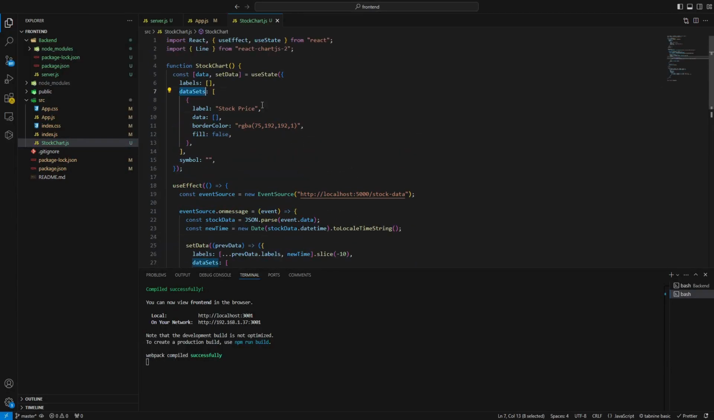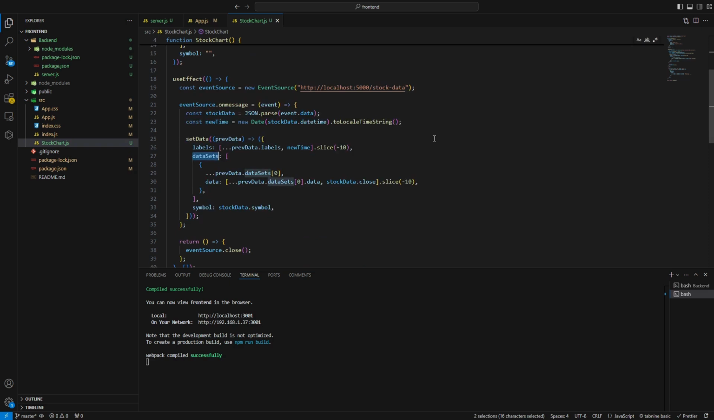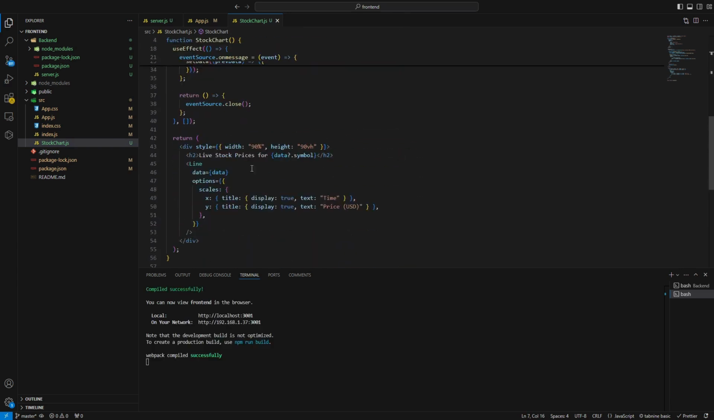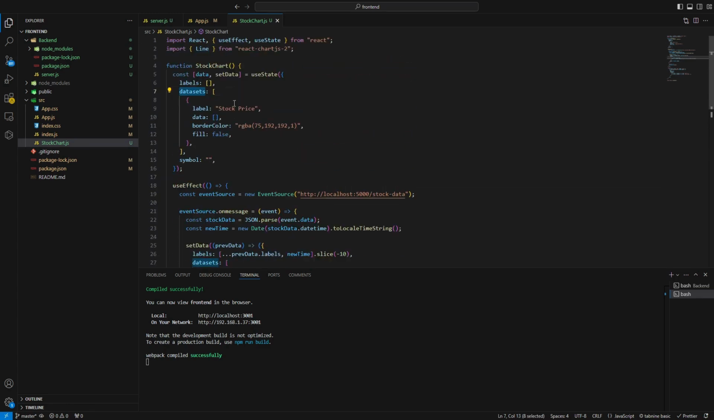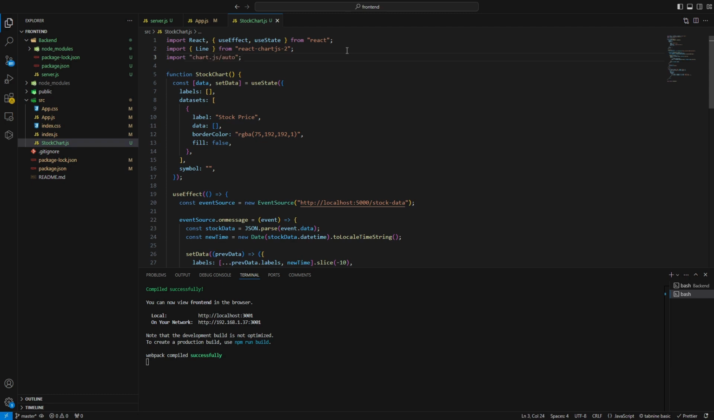Okay, so one of the issues is that in datasets, the S is capital here, right? This needs to be small. This is because this data is directly passed to our line graph, and the line graph expects the naming convention datasets with a small s. And there is one more thing we forgot to import. We need to import Chart.js auto, because react-chartjs-2 is interdependent on Chart.js itself. So that's why we need to import that as well. So now if we quickly go ahead and see our app,